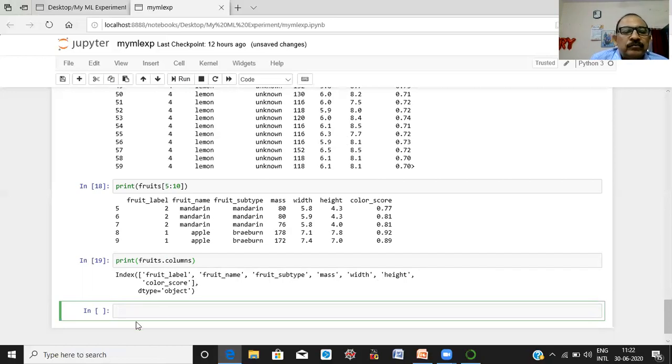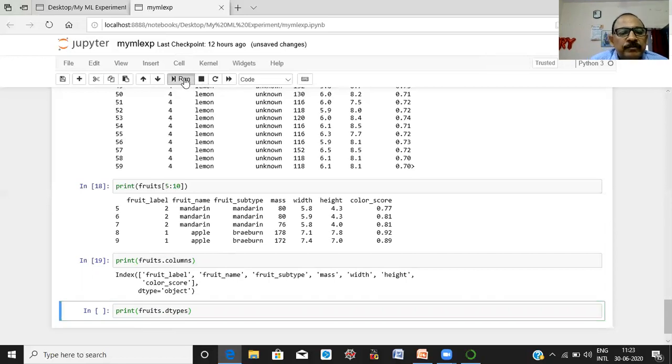Suppose we are interested to know the type of the entries under these columns. For this, write the name of the data frame and type the method dtypes.